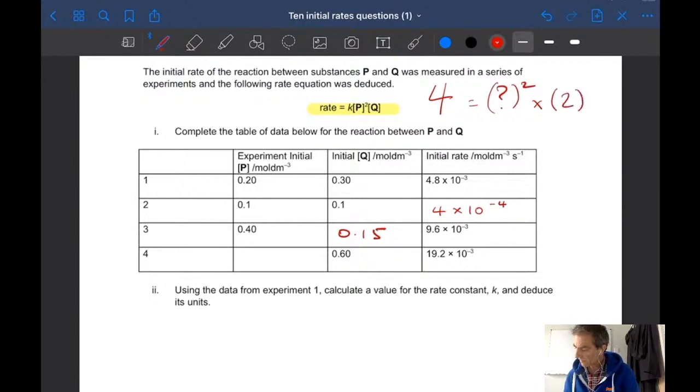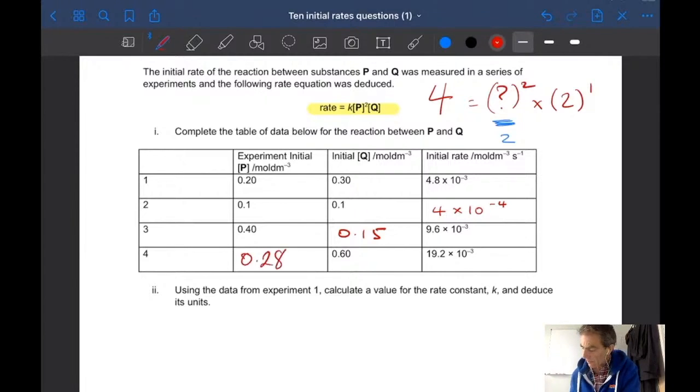So that's 2, but first order to the power 1. So really we need this, when it's squared, to equal 2. So we get 2 times 2 equals 4. So the unknown thing has to be root 2, since root 2 squared is 2. So the initial concentration of P for experiment 4 is going to be root 2 times what it was for experiment 1. Okay, so it comes out at 0.28